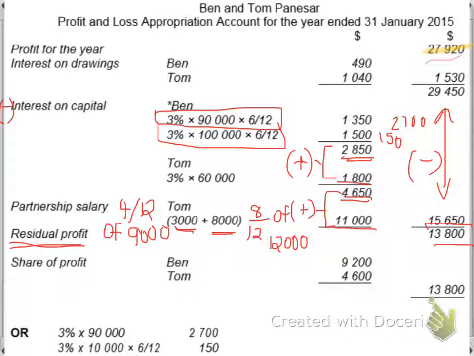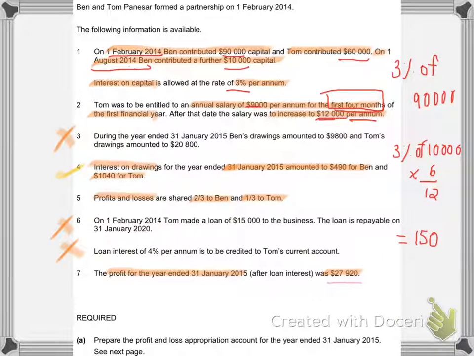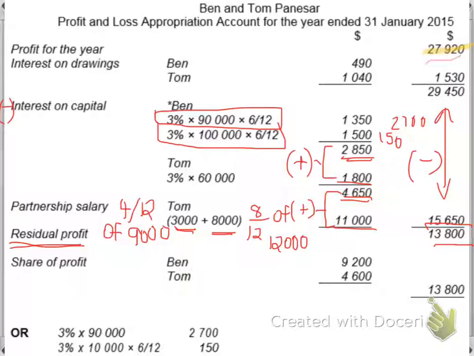So now we need to find the share of profit for Ben and for Tom. Now the ratio given is 2 by 3 to Ben and 1 by 3 to Tom. So first we'll find of Ben. So Ben is 2 by 3. We just need to do 2 by 3 of